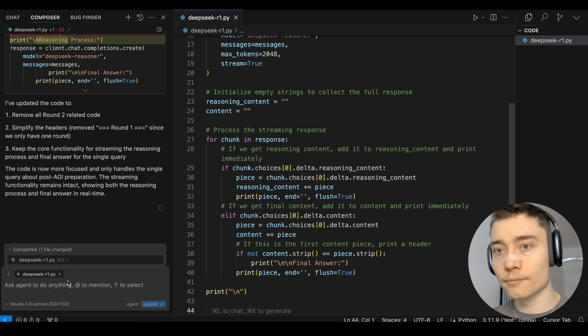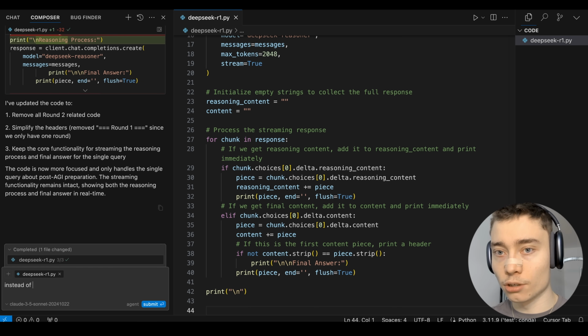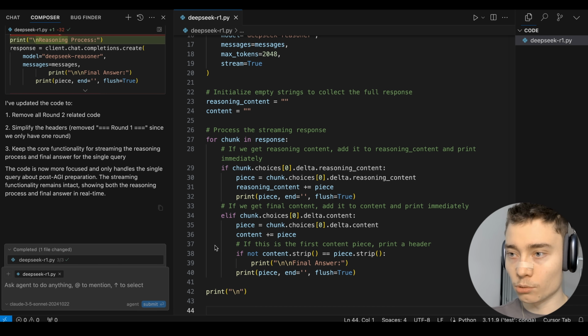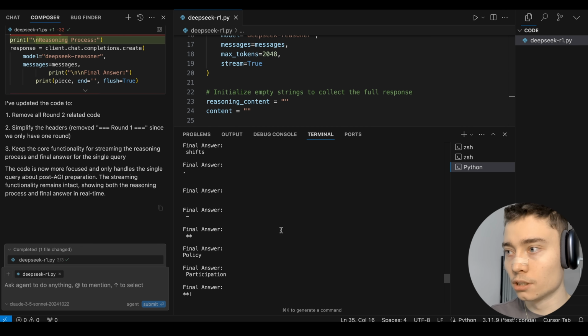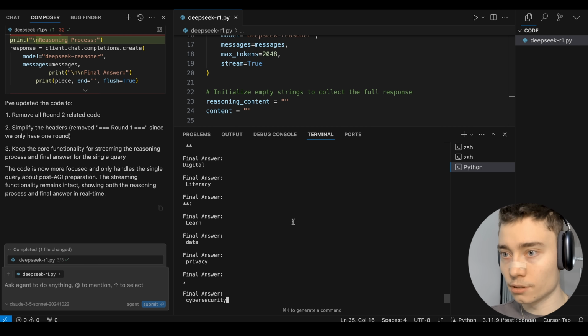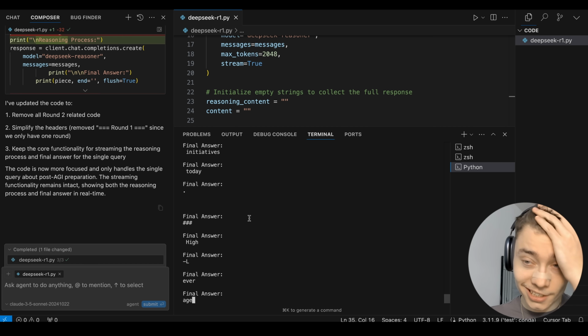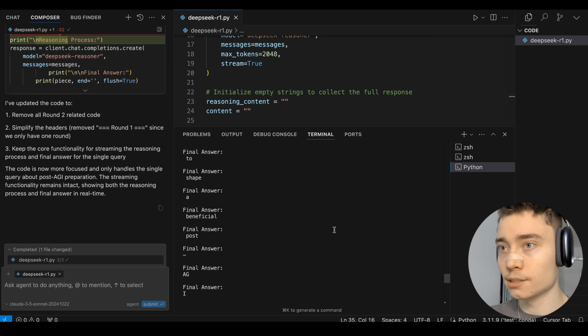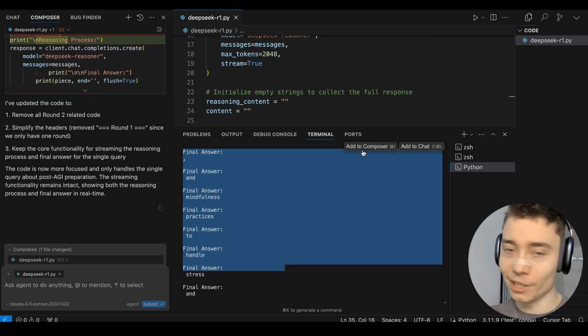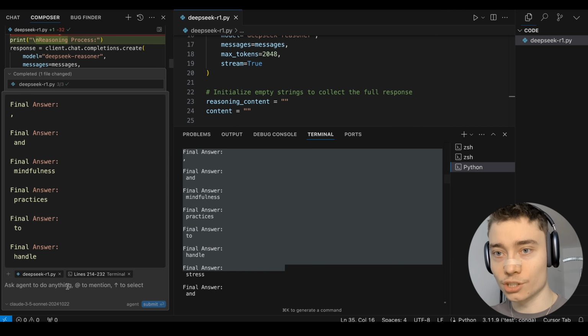You know what? I'm going to say, instead of printing into the console, okay, I don't know if that's possible, but yeah, whatever. Okay, this is bad. So the final answer is being printed with "final answer" before every time. Okay, that's bad. So now what you can do in Cursor, you can just put add to composer and